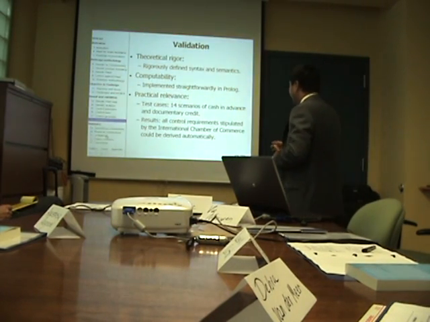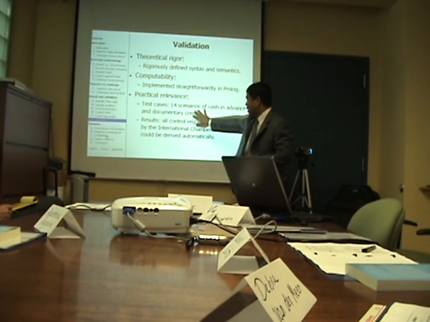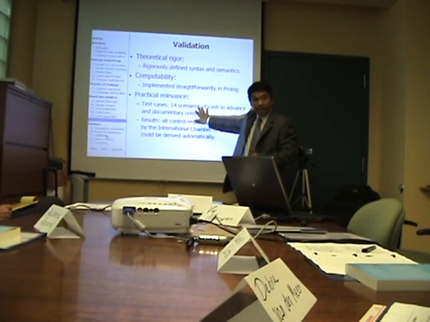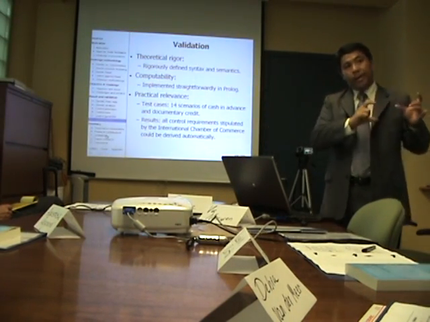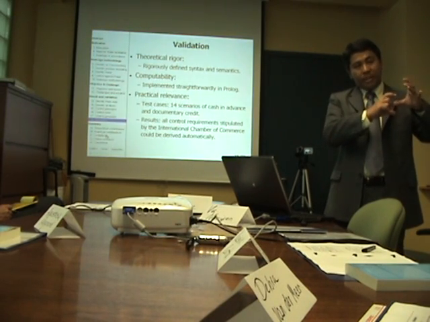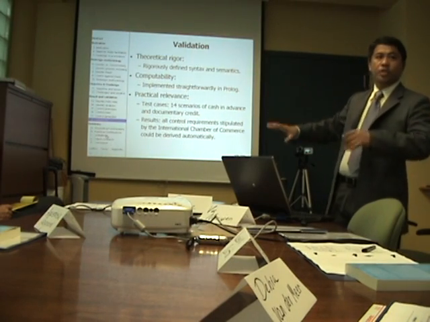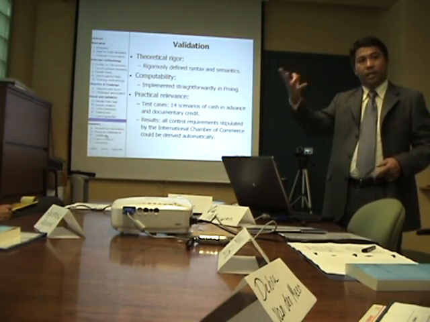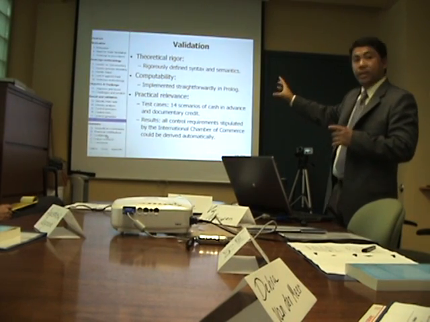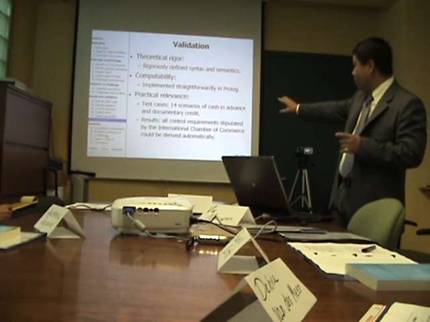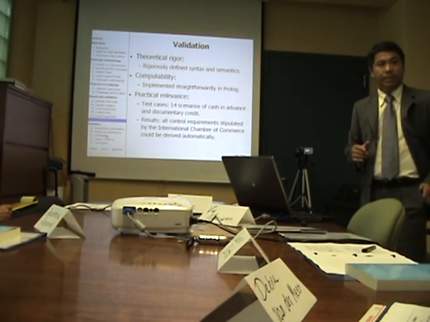So the key thing is that I model the underlying Deontic process of these two procedures in different scenarios and generate control requirements. And use the result to compare against the detailed control requirements stipulated by the International Chamber of Commerce, the organization that issues standardization and convention for the procedure. The surprising thing is that all of the control requirements stipulated in the procedure can be derived by the method.